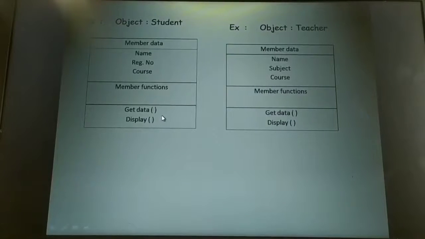Okay. Now each object is being identified by a unique name. It might be a car, pen, student, teacher, person, or a shape. Shape is also an object. Any real-time entity that has its own characteristics and behavior I can call an object, and each object will be identified by a unique name, and every object must be a member of a particular class.